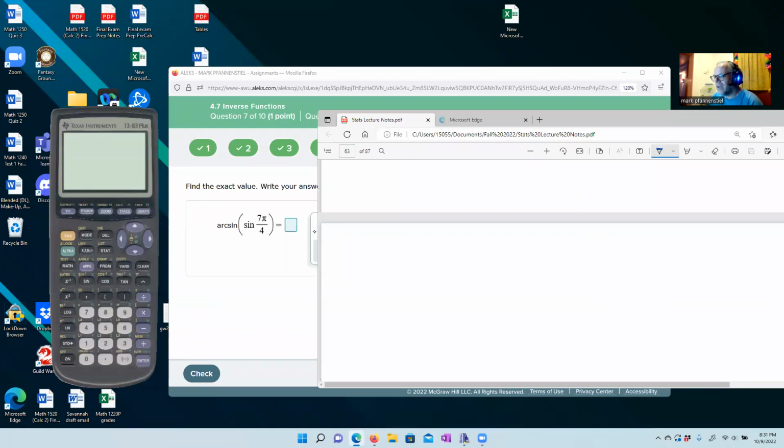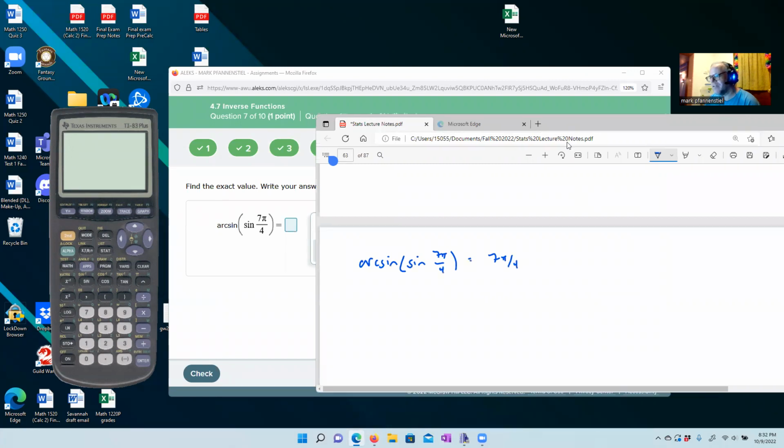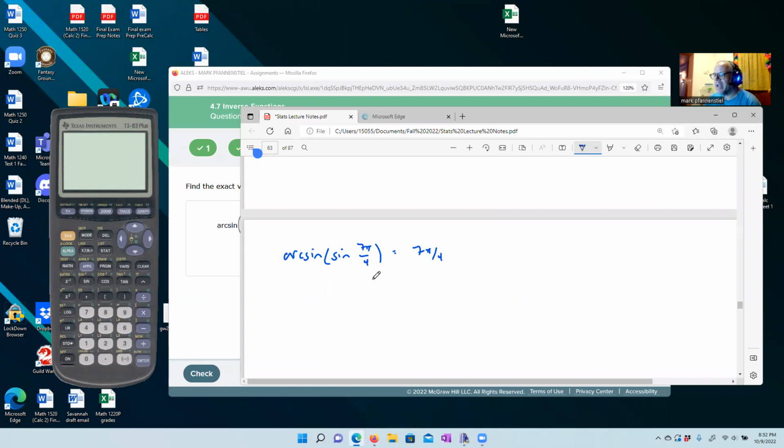So we want the arc sine of the sine of 7 pi over 4. Now you might be tempted to say that's 7 pi over 4, but that's not really what's going to happen. First off, we need to put this in radians, because again, the arc sine will give us back an angle. So really what we want to say is, whatever the answer is, y,